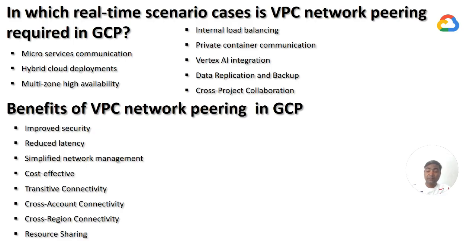In microservice communication, connect different microservices running in separate VPC networks for a secure and low latency communication channel. This allows microservices to access shared resources like databases or message queues without going through the